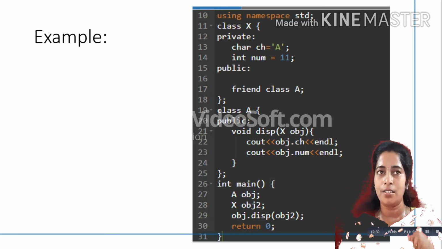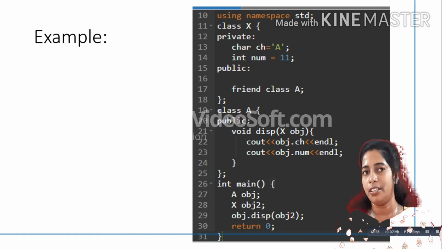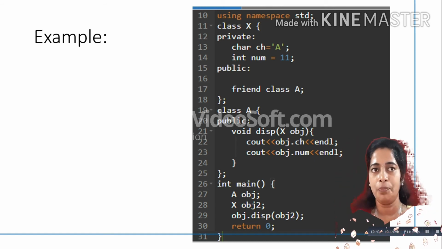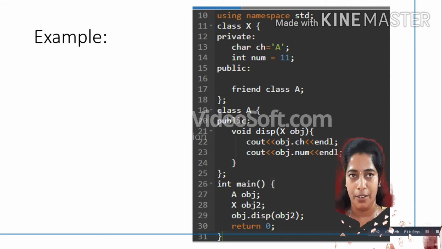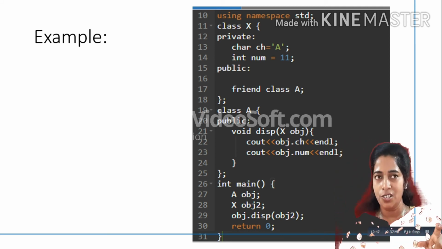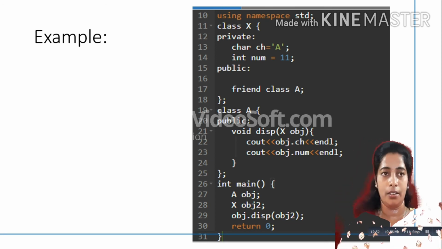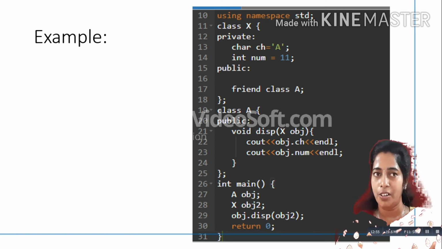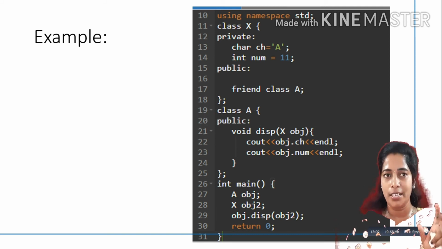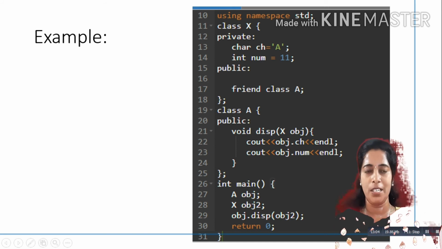We have two classes, class X above and below we have class A. Then we have written the main function. For class X, we have two variables under private and one friend declaration, friend class A. So class X declares another class A as its friend. The class A we have written next has only one function, void disp. So disp is a function. Here we are just taking the normal variables, obj.ch,